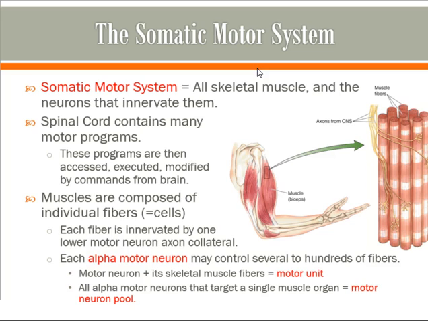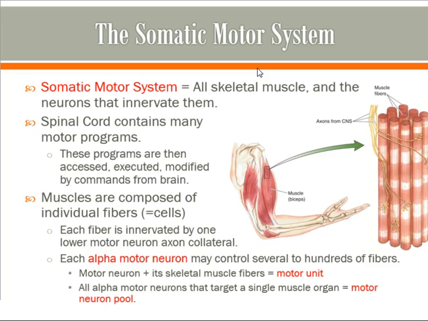So our spinal cord has many different motor programs. By motor programs, I mean little collections of circuits that can be activated to perform specific motor tasks. Many of these are repetitive motor tasks, and a good example of this is walking. We can turn on walking, and certainly we have the ability, with our brain, to directly control all the muscles involved in walking. But if you look at a basic walking circuit, our spinal cord can do a lot of that action in terms of repeated contractions and extensions of the muscles of the limbs, one after the other, to cause the basic walking action.